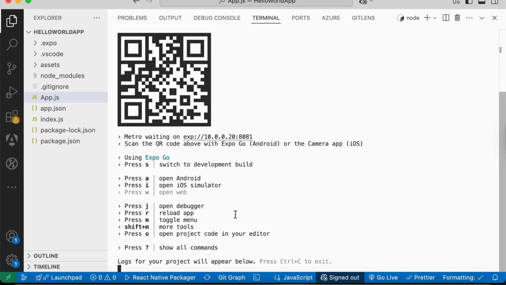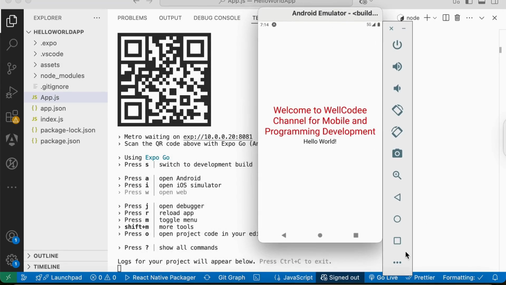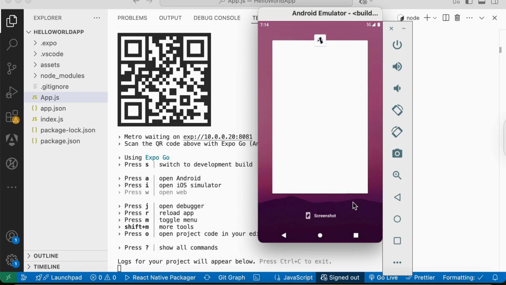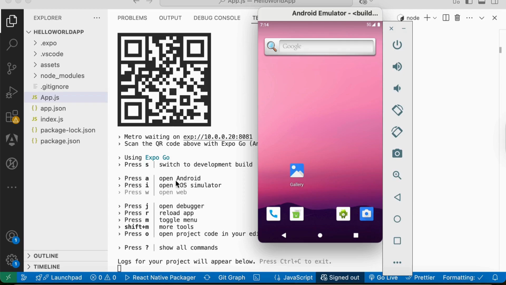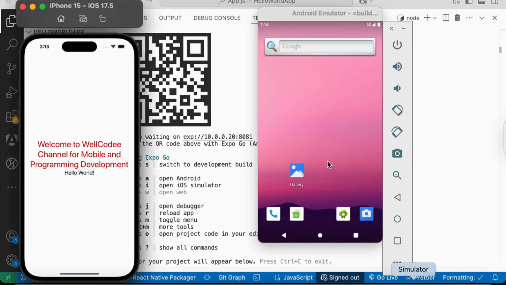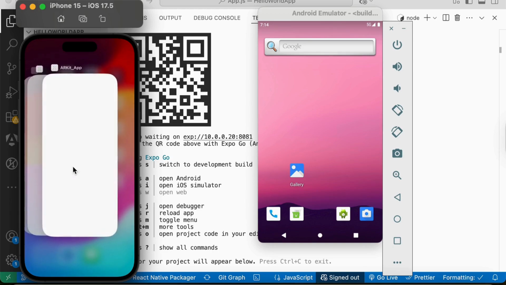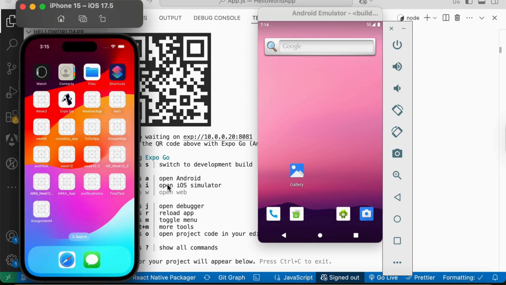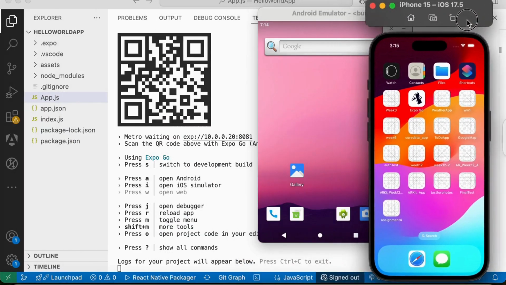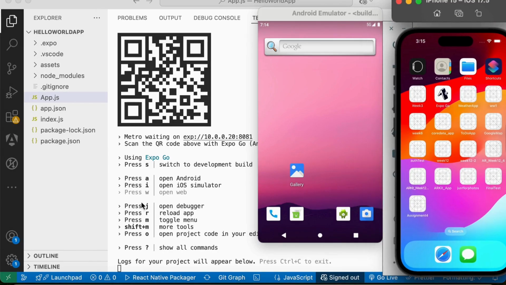Okay, because I have Android Emulator, which is here, I will close this app. Because I have Android Emulator, I can select the option, I could press A. And because I have also iOS simulator, I could press option I. In your case, if you already have them installed, go ahead and open those virtual devices before you press A or I to save you some time. Okay, so I will